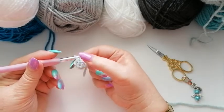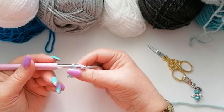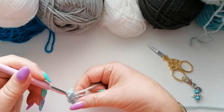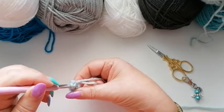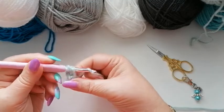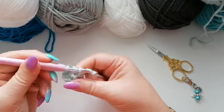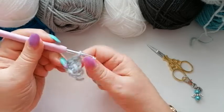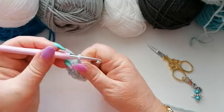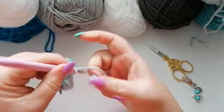Because we've not got a new colour to start with, I'm going to do that first stitch as a 3 chain, and then I'll work another 11 doubles into that ring so that we've got 12 stitches all together. So there's 1, 2, we're now on to the 3rd stitch. We've got the 3 chain there as the first one, and another 2. We've got 4,